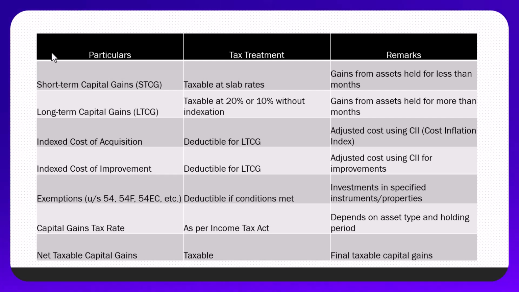There is an index which is given by the Government of India through the Income Tax Department, which says that every year there is inflation happening. Sometimes it is 4%, sometimes 5%, so they maintain a chart. So you have to pay tax only after adjustment of